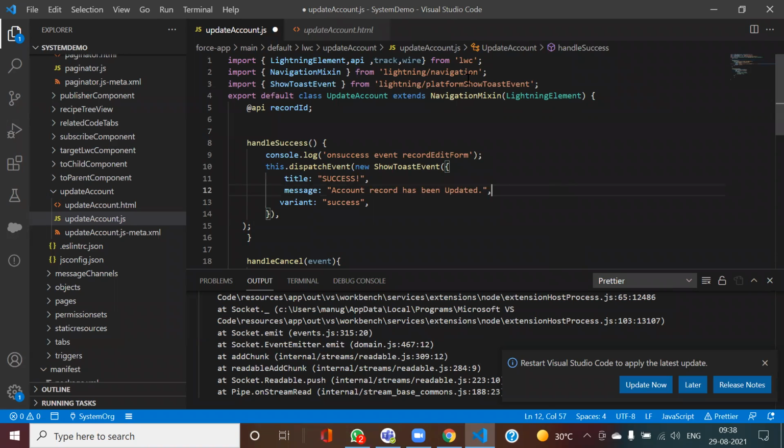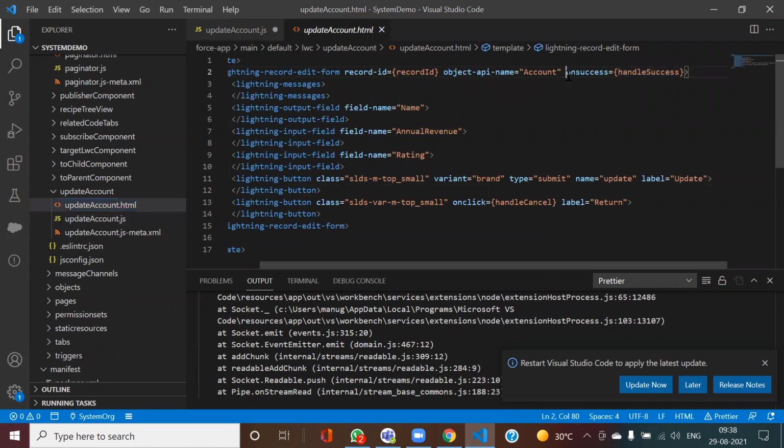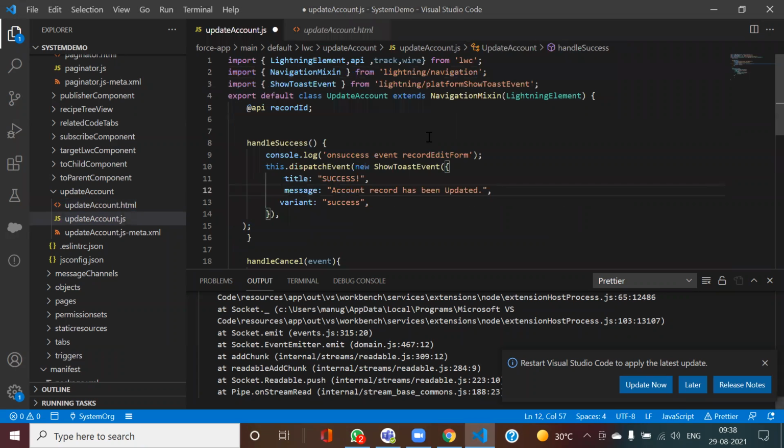Okay. So whenever I'm clicking on that update button, I want a success message to be displayed, in case there is no error. This lightning edit form has different inbuilt handlers. It has on load, it has on error, and similarly it has on success. So whenever my success comes, I want my message to be displayed. For this I want to show a toast message, and in order to show that toast message, I need to dispatch some sort of event in the Lightning component.